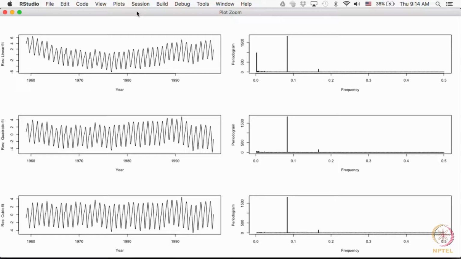So, here is the plot. The top one is the residual coming out of your linear fit, the top left, and on the top right you have the periodogram, all right. So, what do you see with respect to the residuals from the linear fit? Do you see that there is a trend, right? There is a low frequency kind of thing.